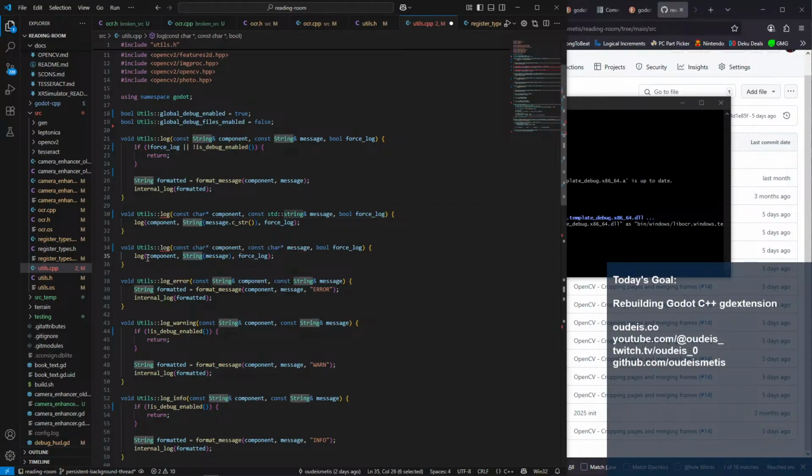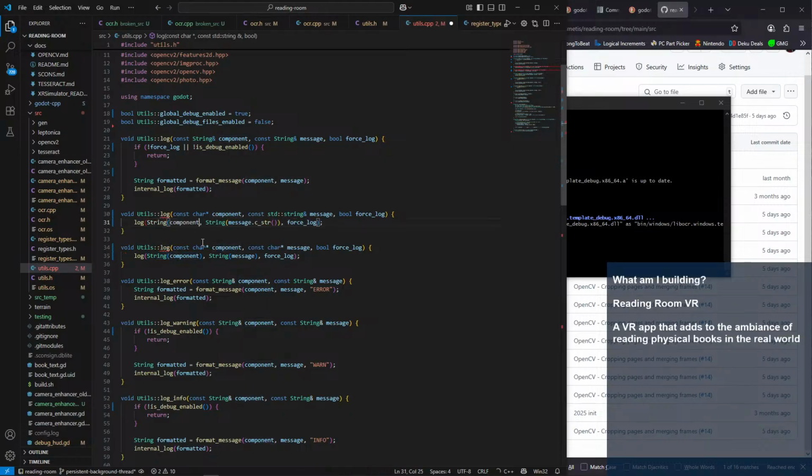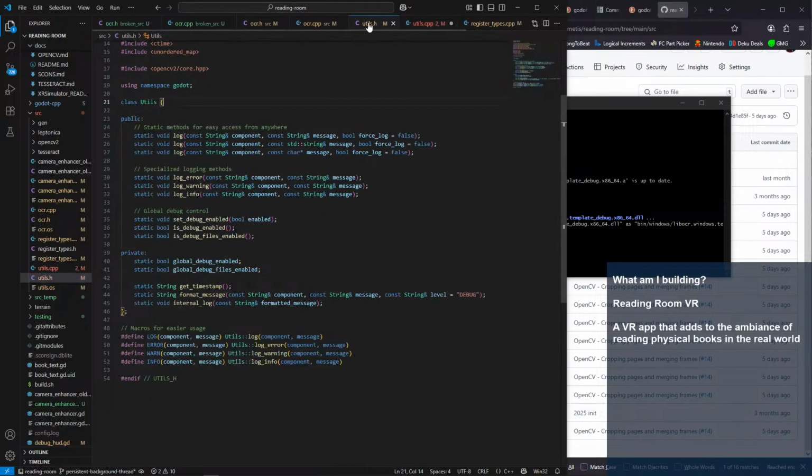That means this should be a string. And then our character arrays, oops, do that. And then our character arrays need to be added to the .h file.